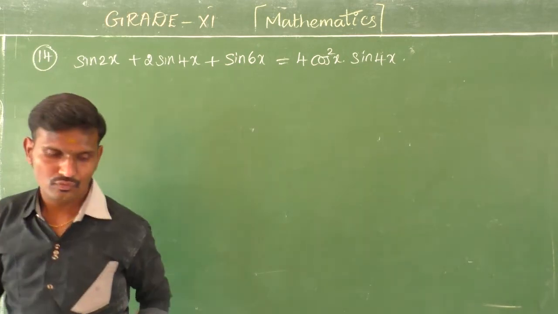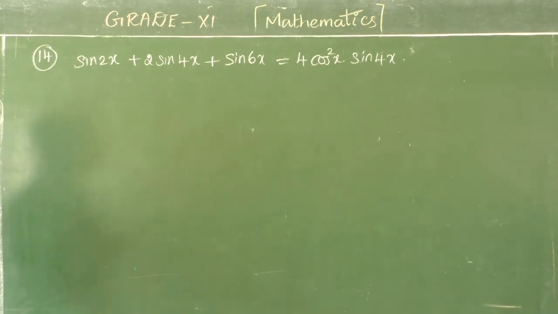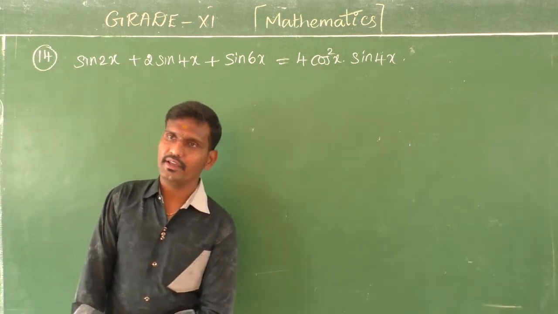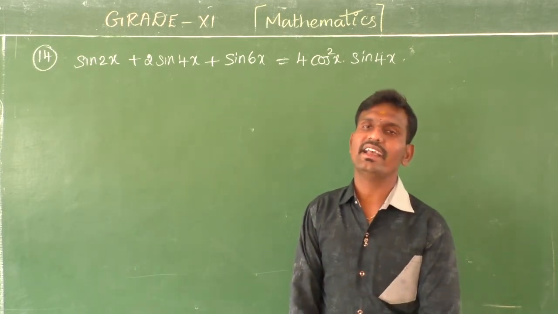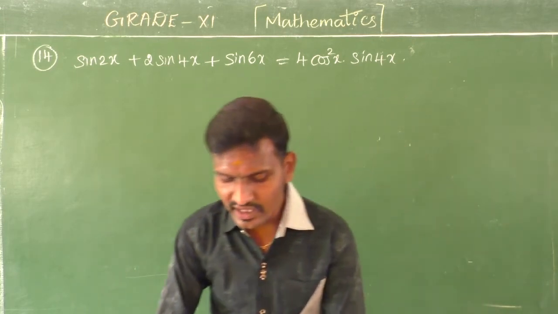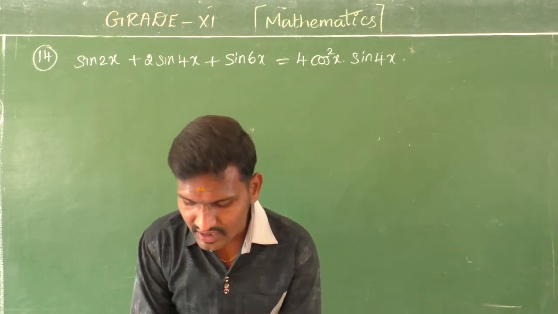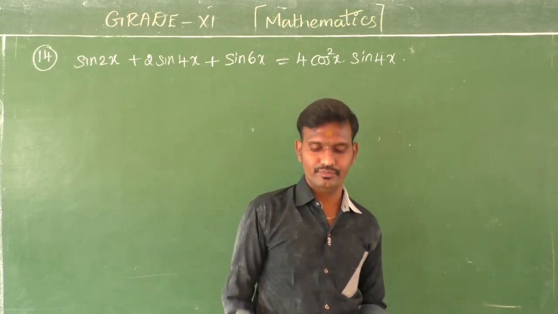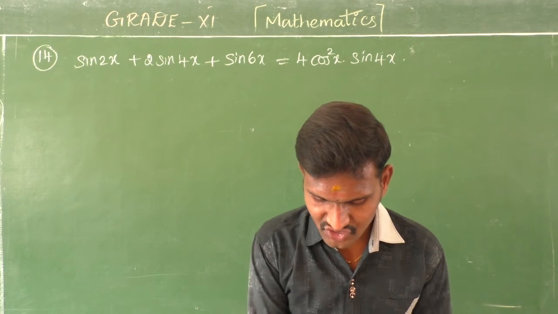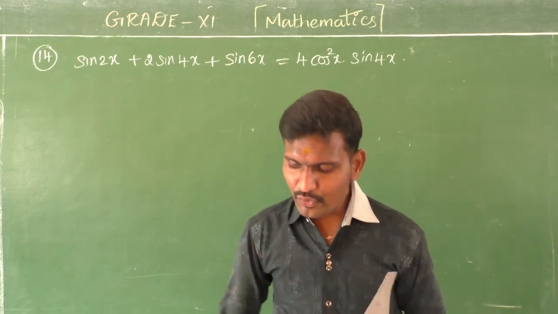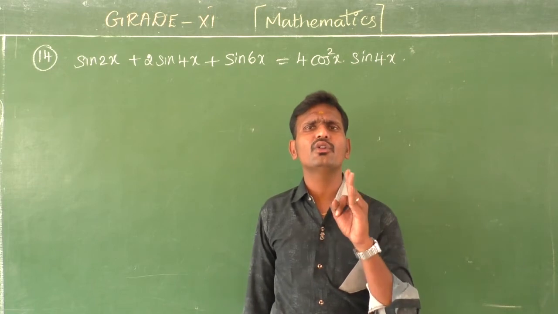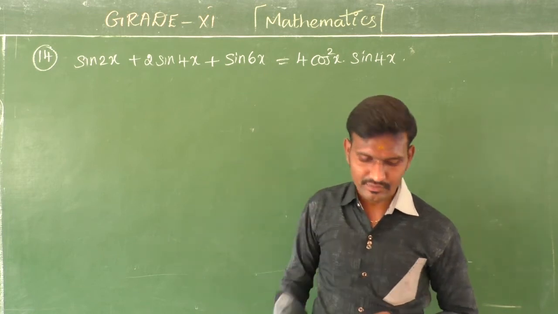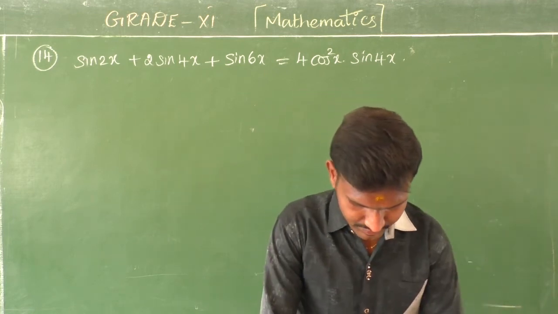Okay. So students, this is a different question based on how to use the formulas cos x plus cos y, cos x minus cos y, sin x plus sin y, sin x minus sin y. Listen, take your textbook, page number 69. On page number 69 you have 4 formulas. In those 4 formulas you have to read thoroughly. Then only we can move to the next question. Okay? Yes. Now question number 14.